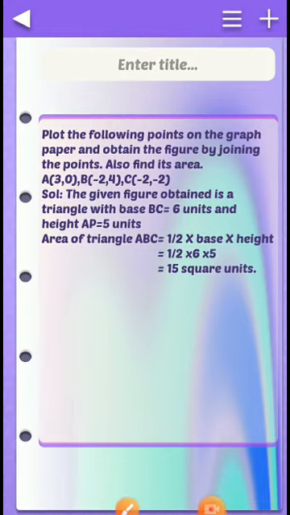Hope everything is clear. Yes, and that was the end of this chapter. Hope the chapter is clear to you. The chapter is easy. The only thing is how to plot the points. If you have understood, then nothing is there in the chapter. Maximum, this chapter comes for 6 marks, 4 marks question, and it may be a 2 marks or 1 mark question according to the question paper.